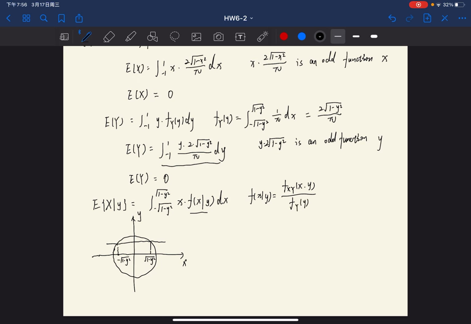And because from the conclusion above we know that this part equals 1 divided by pi, divided by 2 multiplied by 1 minus y to the power of 2 divided by pi, so the result is 1 divided by 2 multiplied by the square root of 1 minus y to the power of 2. And so we can write the expectation as